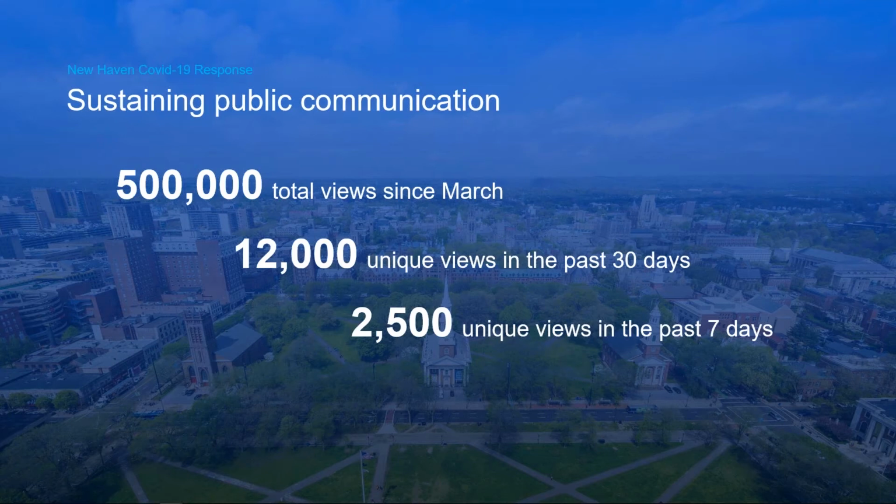So to that point, we still have, in the last 30 days, 12,000 unique views. And if you look at the total number of views of people refreshing the page, it's upwards of 25,000. Even in the last week, we still have 2,500 people looking at this. And that's unique people looking at this. So even in this latest stage of the game, people are still using this site as a resource,